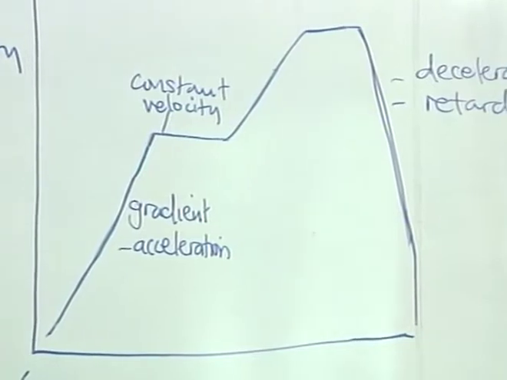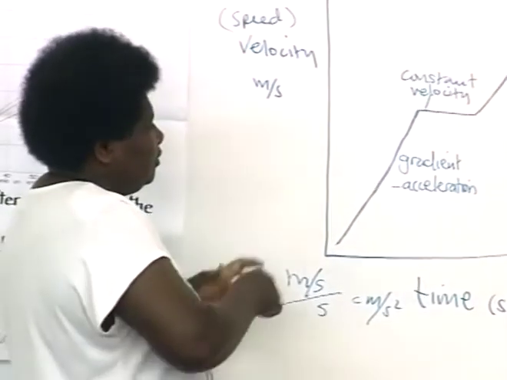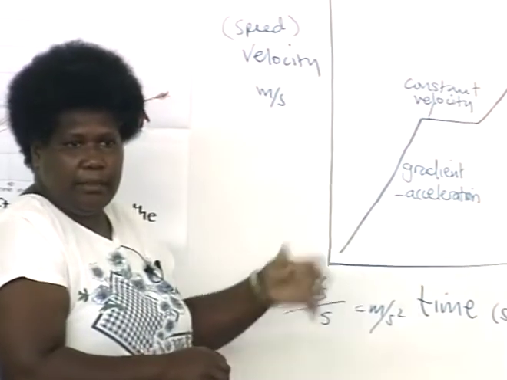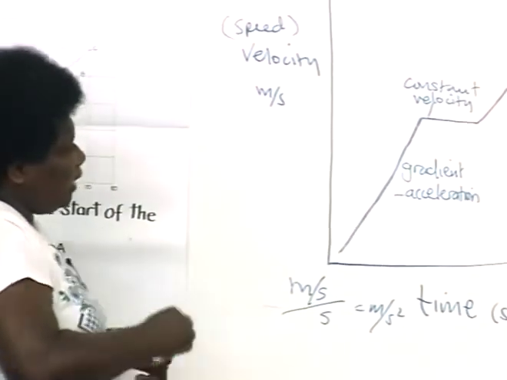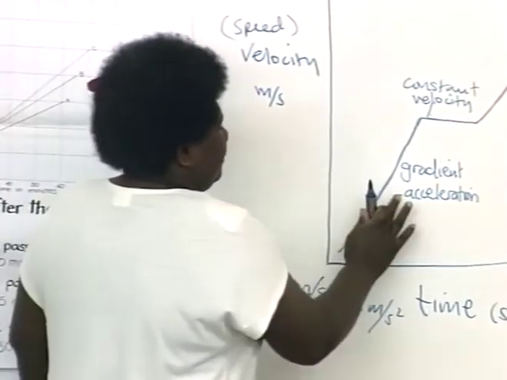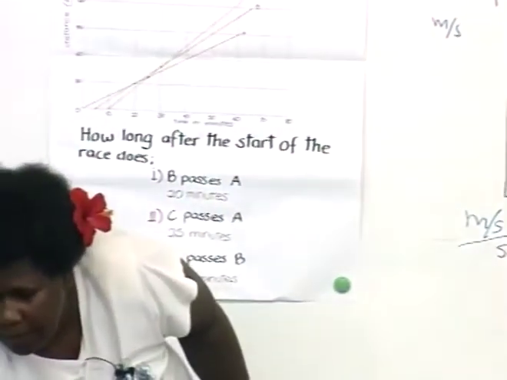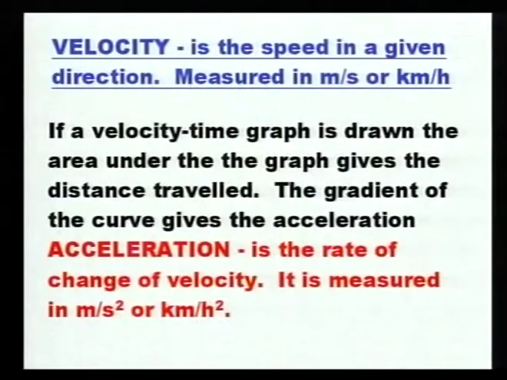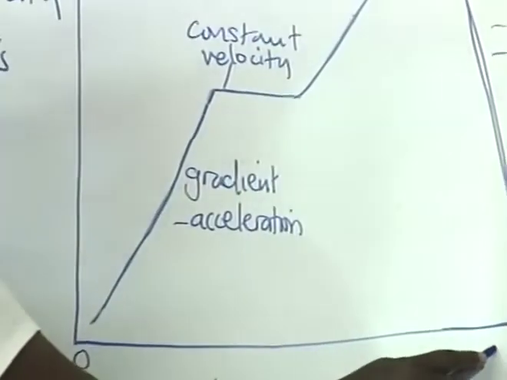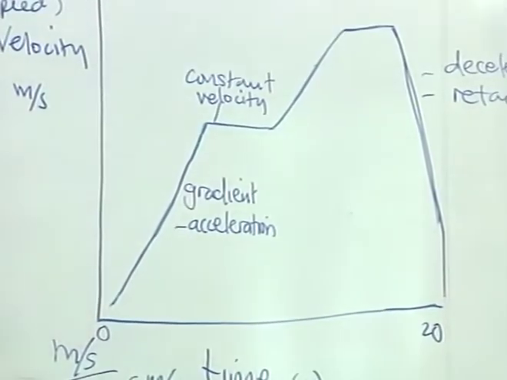Okay, if you wanted to find the distance traveled in this journey, let's say represented by this graph, the area under the graph gives the distance traveled. So if you are asked what is the total distance, let's say if this was 0 and this was maybe 20 seconds, what is the total distance that is traveled by this particular traveler,